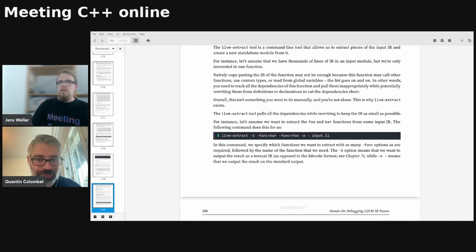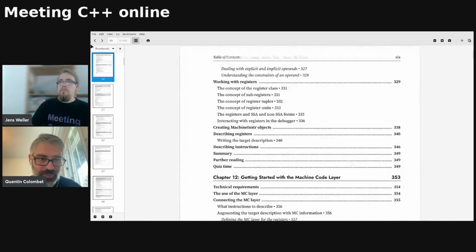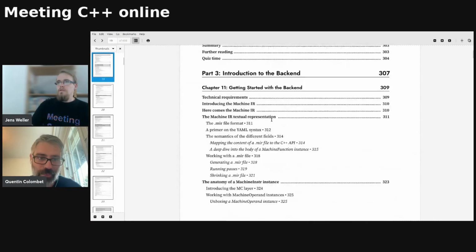Let's look at the next chapter. We were at 10, now we're getting started with the backend. So this is now where we get into the backend of the backend. Yes, we are now really, really deep inside the compiling mechanism, right? So we are leaving behind everything that has to do with C++. This is still implemented in C++,